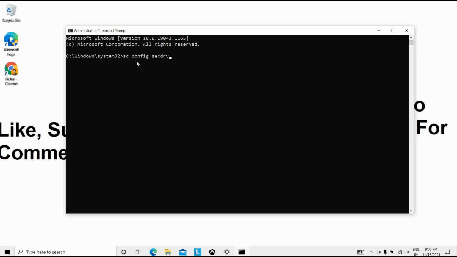If you don't find the file in HKEY_LOCAL_MACHINE, then you can opt for this option. Then I will type start equal to auto. After that I will press Enter. Operation failed, the specified service does not exist as an installed service.